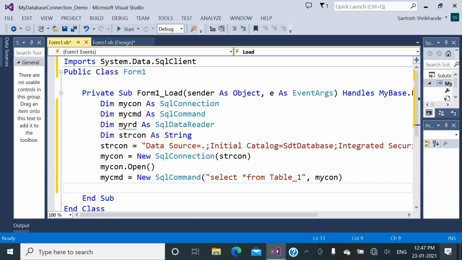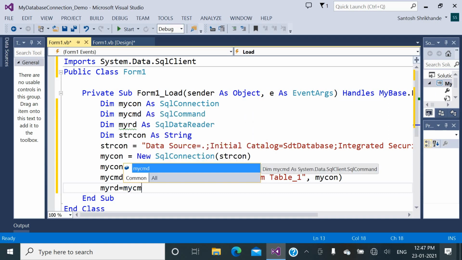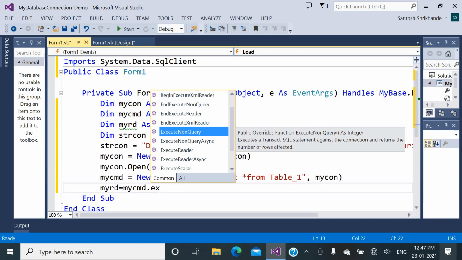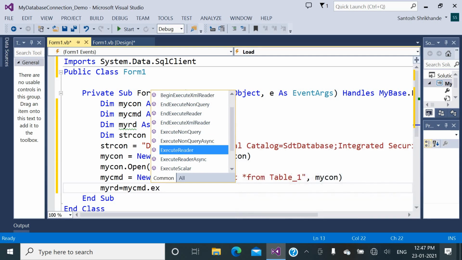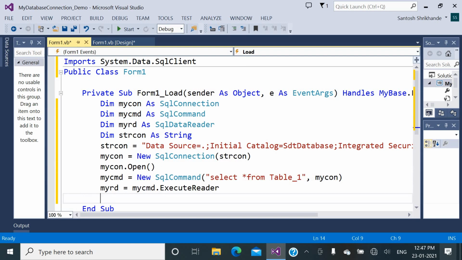For this purpose, my reader, myRD equal to myCMD dot ExecuteReader, so that our data reader will be filled with the records from table underscore 1.